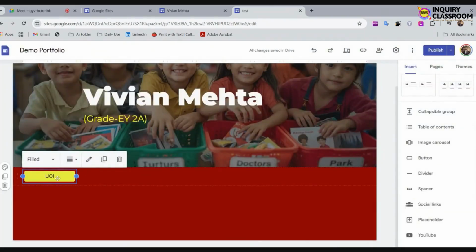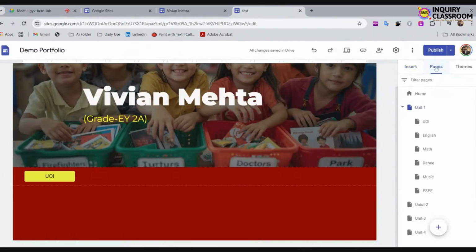Now, if you come to the pages section here, this unit 1 page button is linked with this page. Whenever we click on this button, it will take us to this page. So now we will copy this and create a new button,